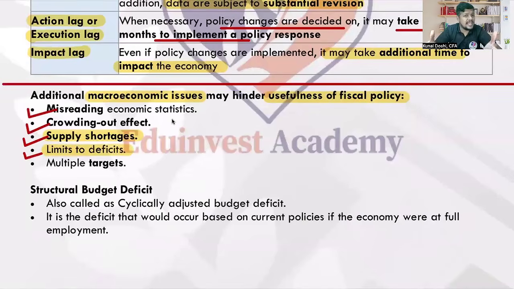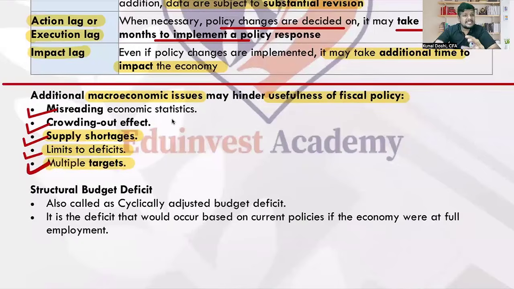Many of the economists don't like it, and many of the countries have a law, right? How much fiscal deficit maximum. In fact, Warren Buffett once said that the governments who are increasing their fiscal deficit above 3% of their GDP should be put behind bars. So this is an extreme statement. So fiscal deficit has limitation. In many of the countries, it is legally limited, right? Otherwise, the government will just keep on borrowing and adding more burden to the next generation.